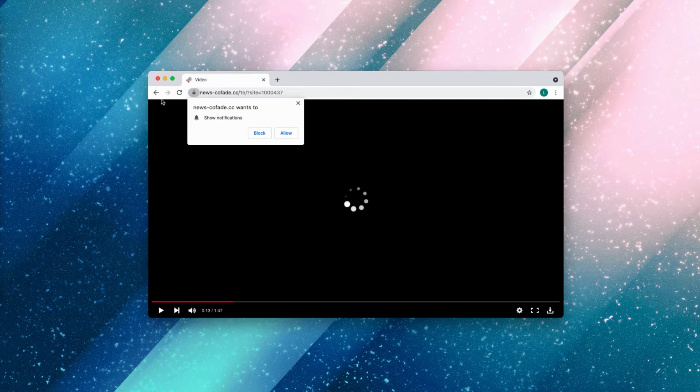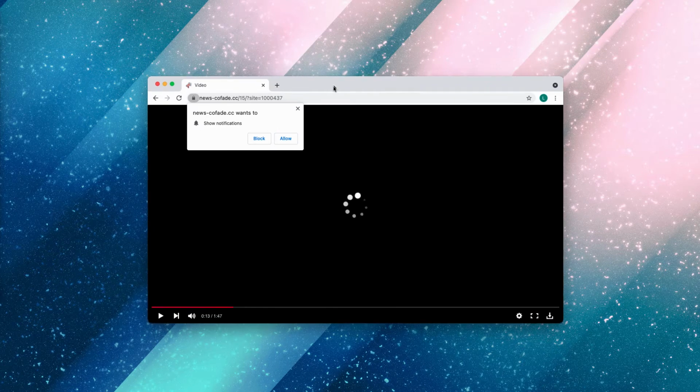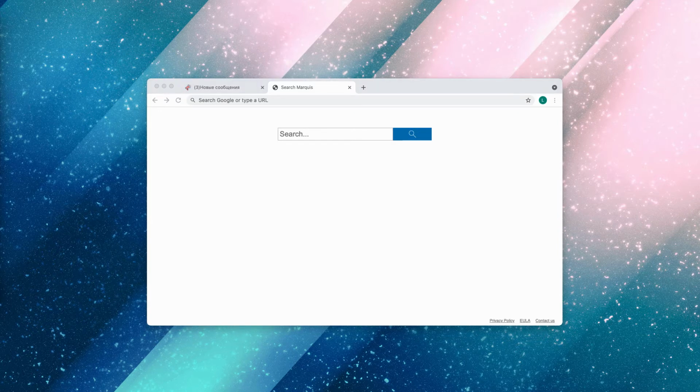Initially, the website News-cofade.cc tries to make you click on the Allow button, supposedly to help you watch some video. In reality, whenever people agree with this misleading proposal and click on Allow, they may be forwarded to some filthy website or some website that doesn't display any genuine content. Plus, people may start facing a lot of intrusive advertisements that will be shown randomly in the right bottom part